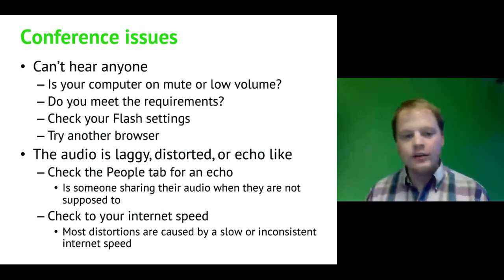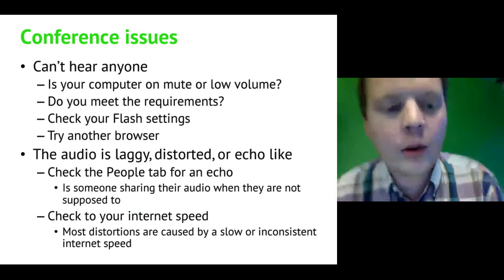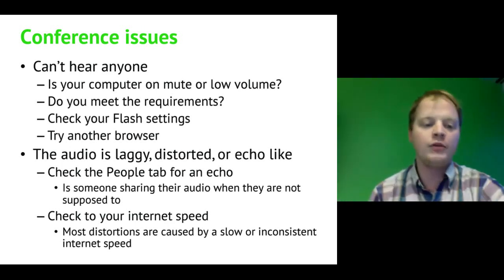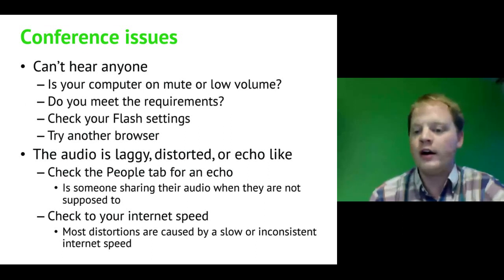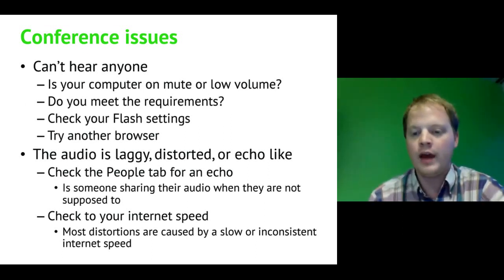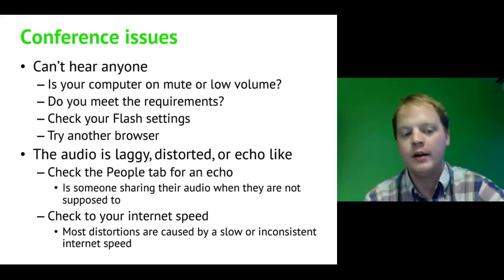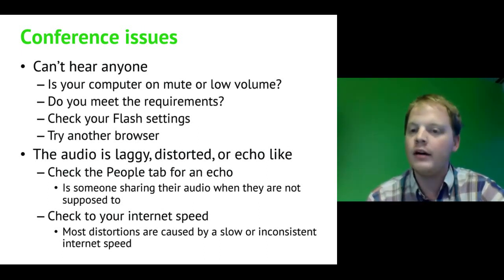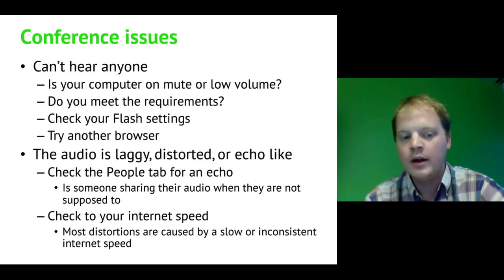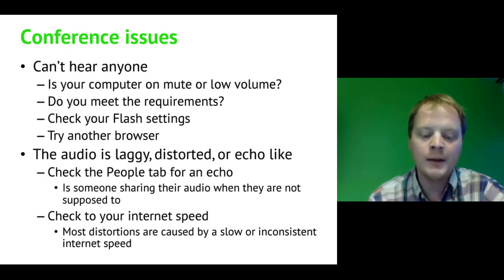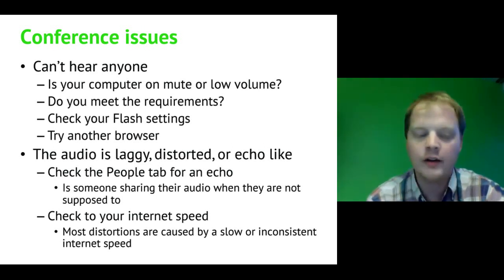The audio is laggy, distorted, or echo-like. Echo is really easy to fix. Typically what happens with echo is you'll have two people sharing a computer, having their computers in the same section together, the same actual room. So you have two people video conferencing together, both microphones being shared. Obviously each computer is picking up the other microphone, so it's creating an echo. You can also have echo because somebody's settings on their computer do not allow us to do the echo cancellation correctly, so they're just having feedback run into